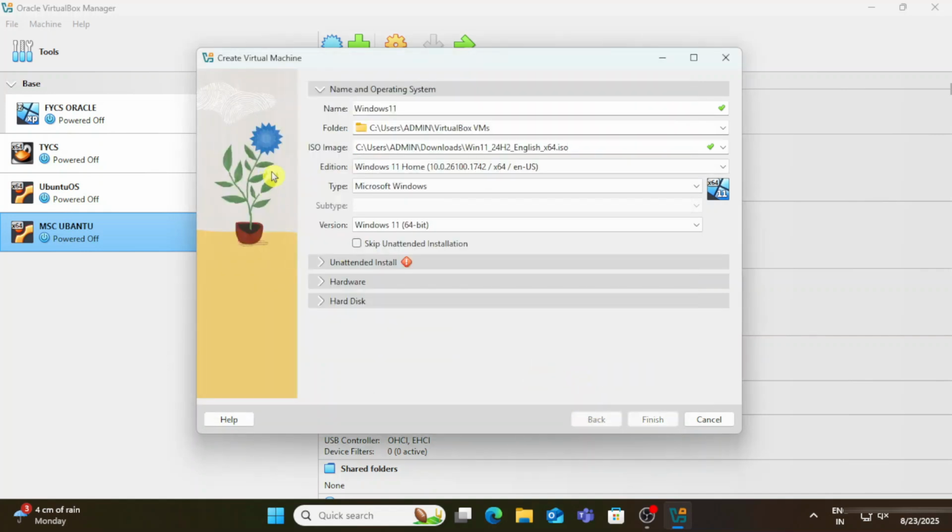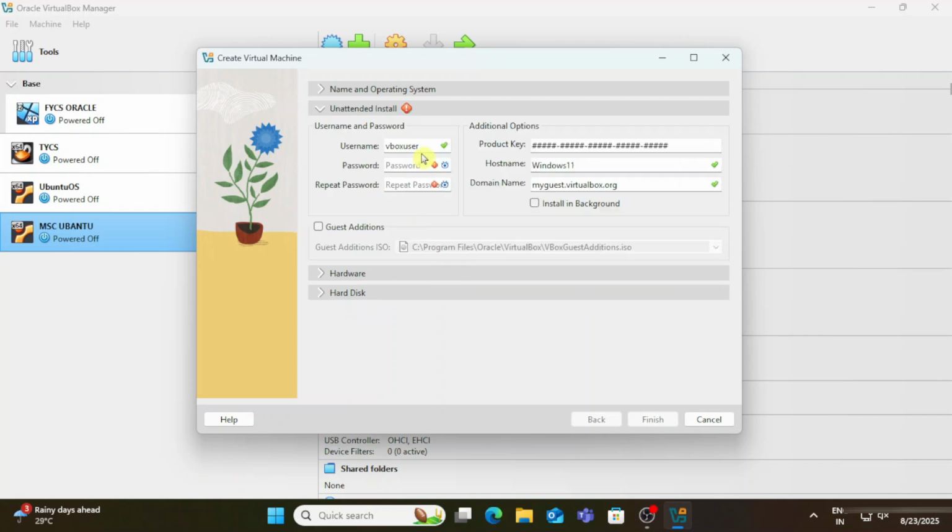And then guys, now make sure that the unattended installation is check marked. And then guys, here now let's go to this part, unattended installation, and here there is a default user, vboxuser. So we need to just change the username. Whatever username you want to give, you can give. I'm giving CS Corner and provide the password for that user. And guys, here you can see the host name is coming by default. So everything is perfect guys.